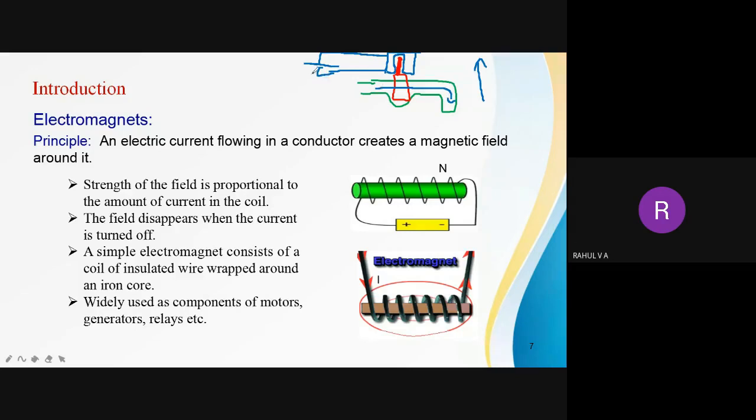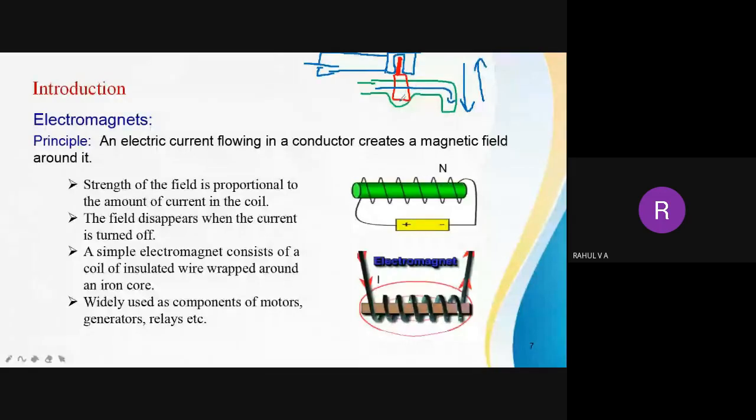When I disconnect this supply, when I disconnect this current, what happens? The plunger moves downward and blocks the water flow. There will be a spring mechanism also. Just because of this spring mechanism, suddenly the plunger comes down and it blocks the water flow. So that is one application of magnetic circuit.